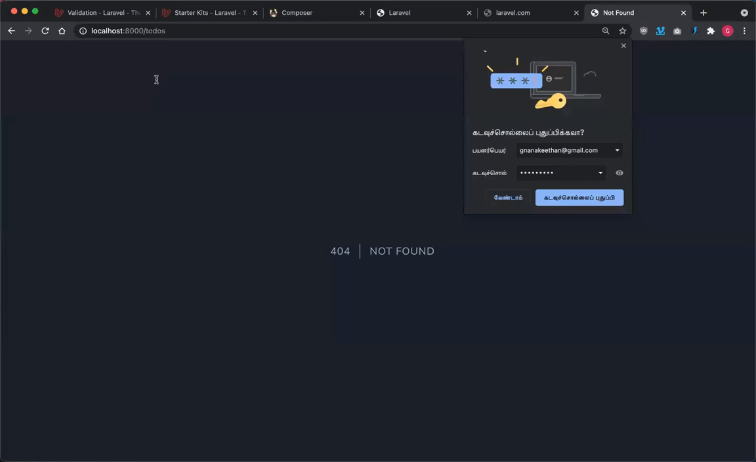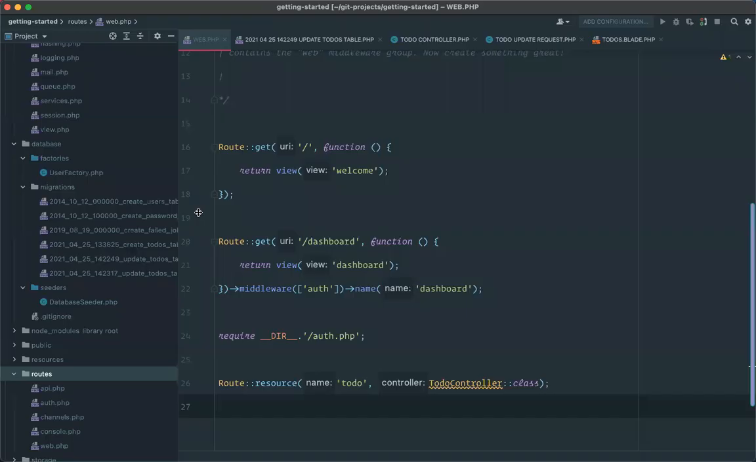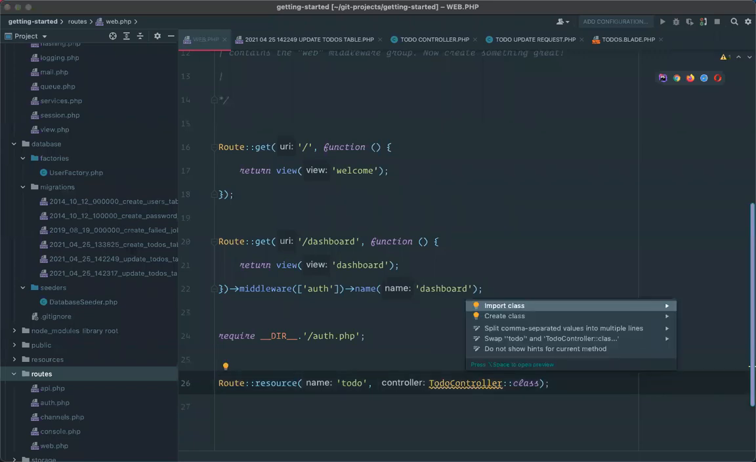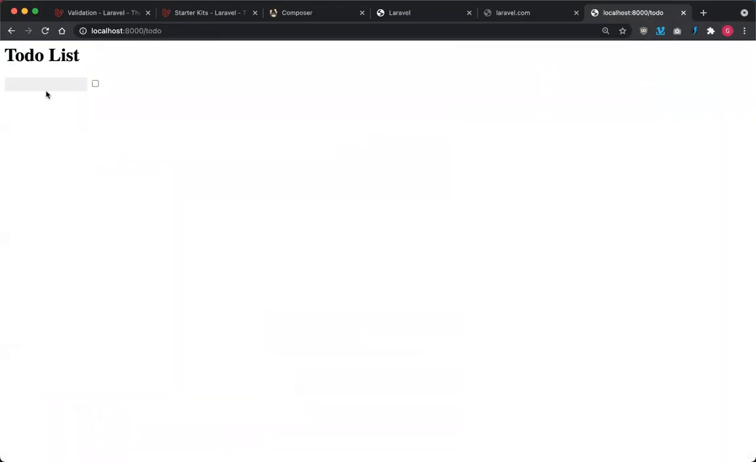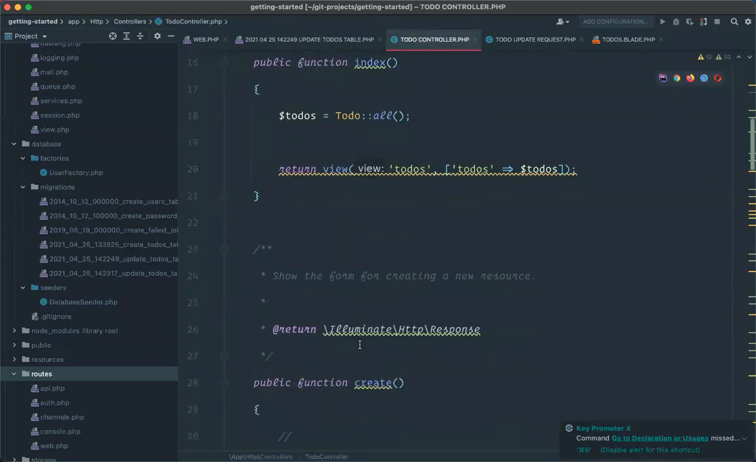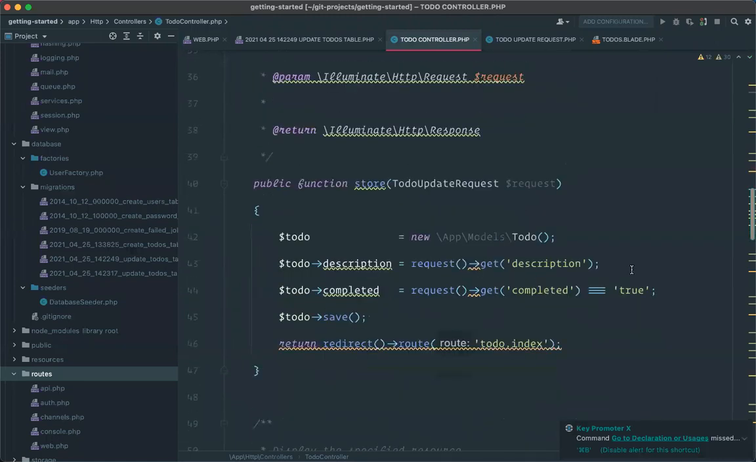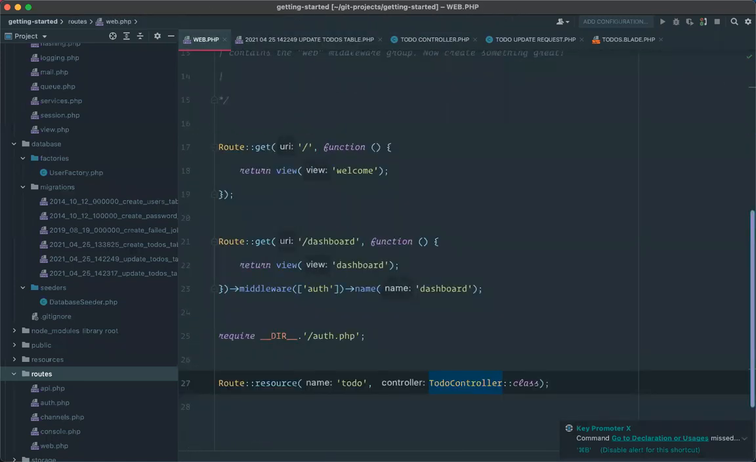So I need to redeclare the to-do function now. Does not exist. Okay. So now we have the to-do class here. When we have the to-do class, inside the to-do class, we need to save the user. So first, we need to say